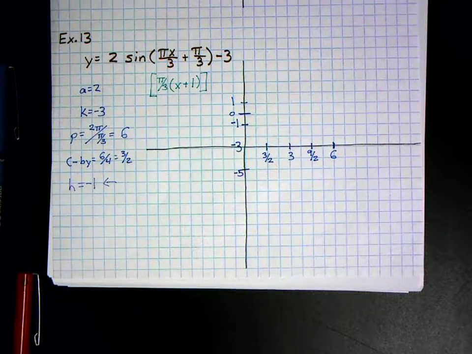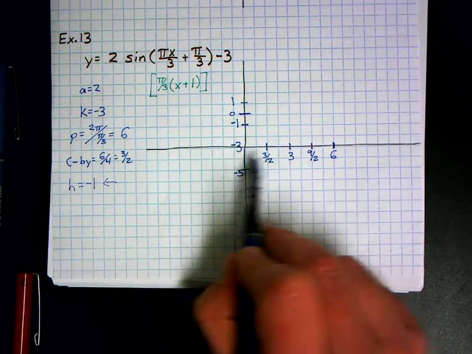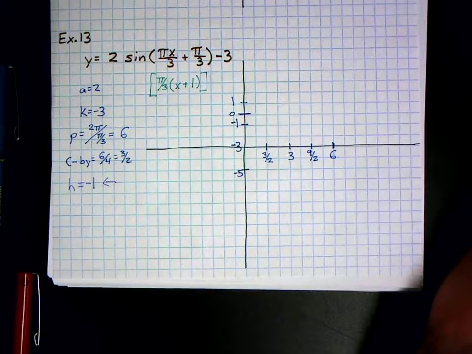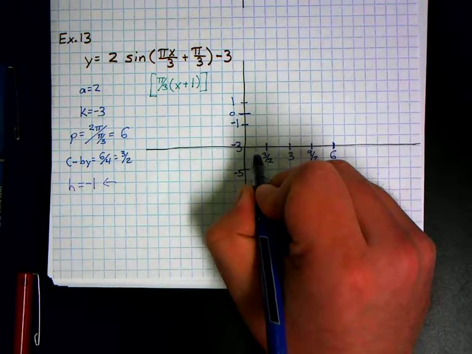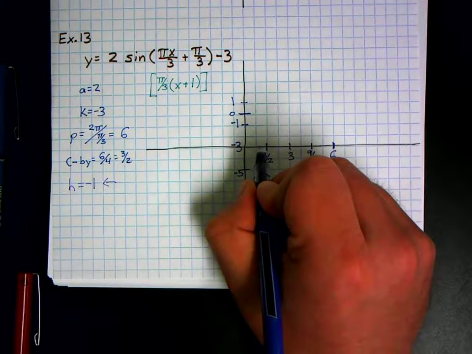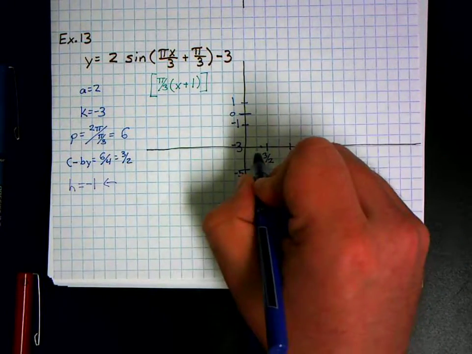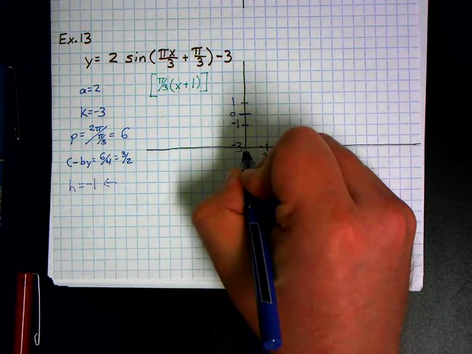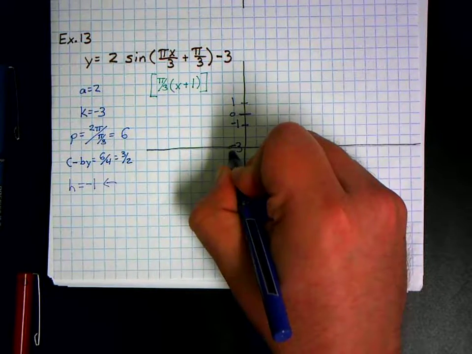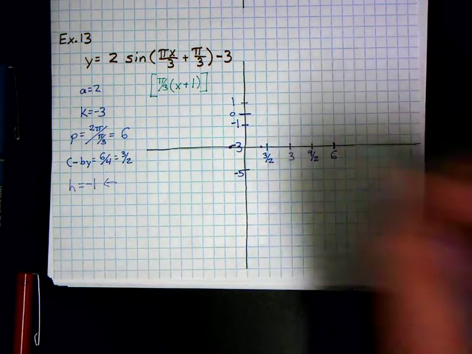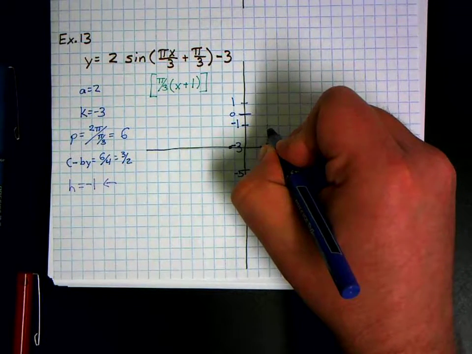So I need to move -1 backwards. -1 doesn't fit my spacing or anything else like that. So what I'm going to do is I'm going to kind of guess. Now it's going to be a little bit over one of my marks. It's going to be somewhere in here, but it needs to be backwards also. So my first mark is going to move someplace in here. My second mark will again move